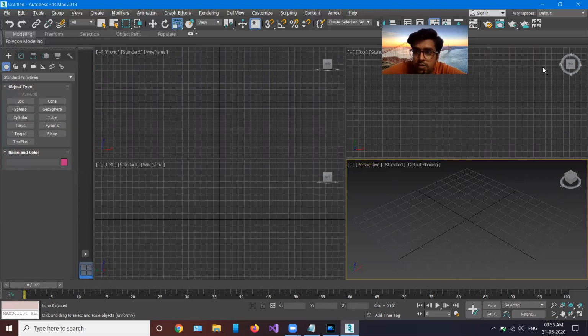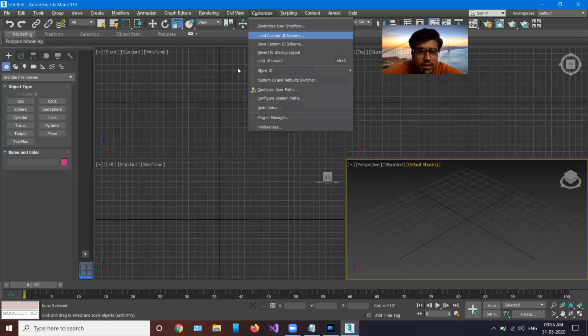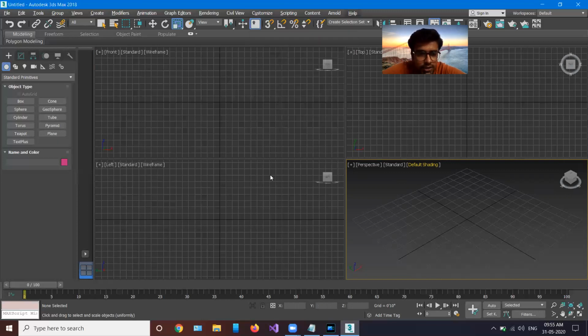So this was our 3D view, how we can customize our UI. This was our view cube. We have seen how we can move the command panel and toolbar here and there. We have seen how we can customize the UI with the dark and light UI. So this was all about this video. In the next video, we will see how we can use this navigation toolbar. Okay, so till then, bye bye.